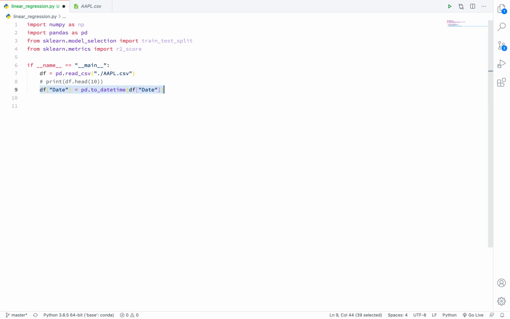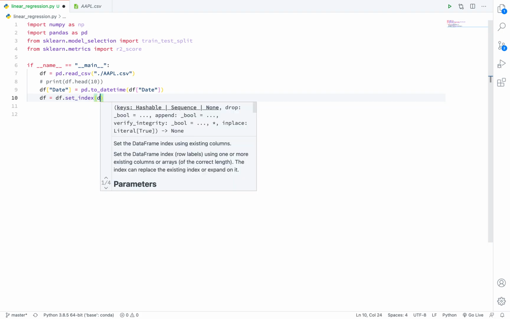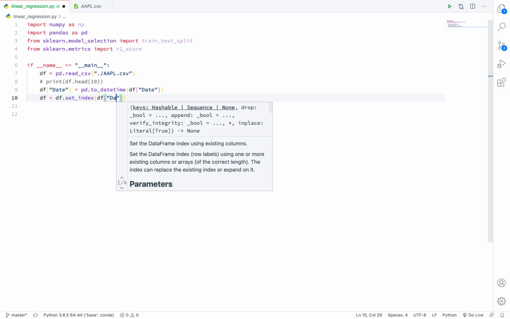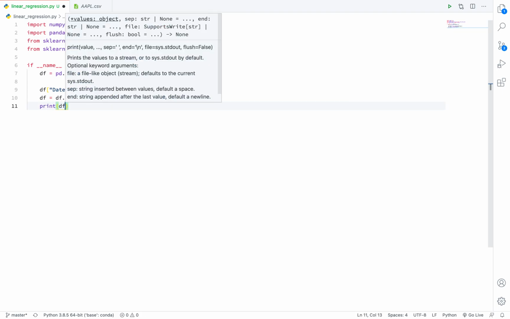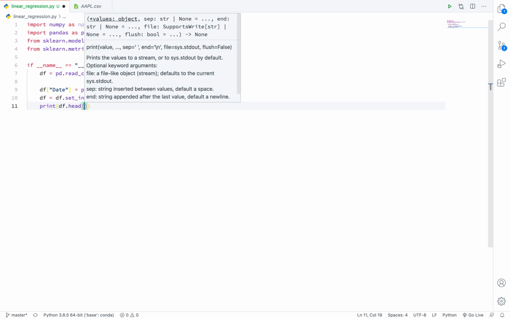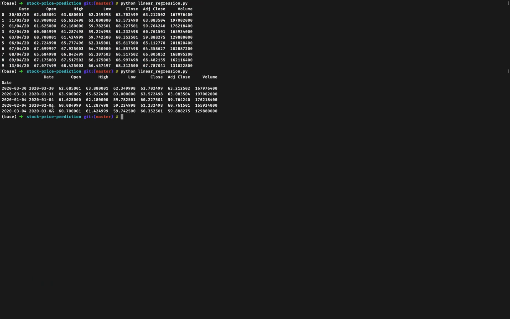Here we just converted it, and now let's set the index of the data frame using set_index on date. Let's see if this date index is set or not. Yeah, it's set.